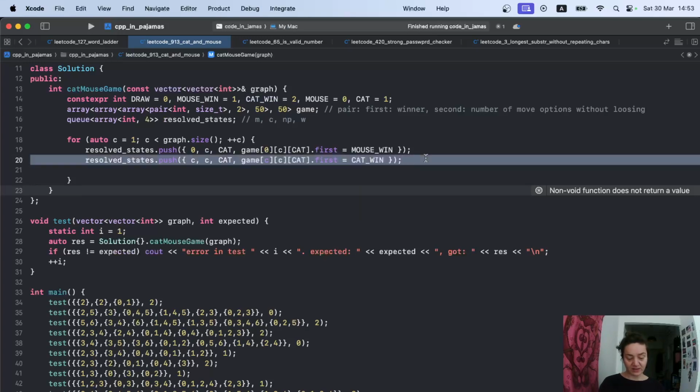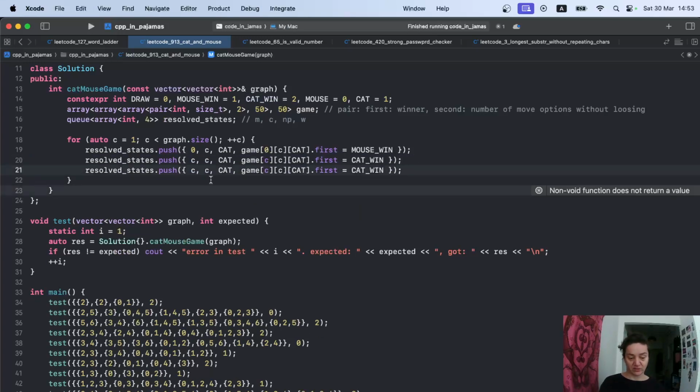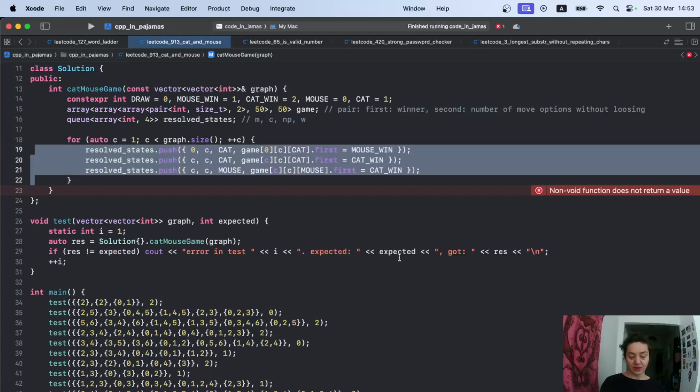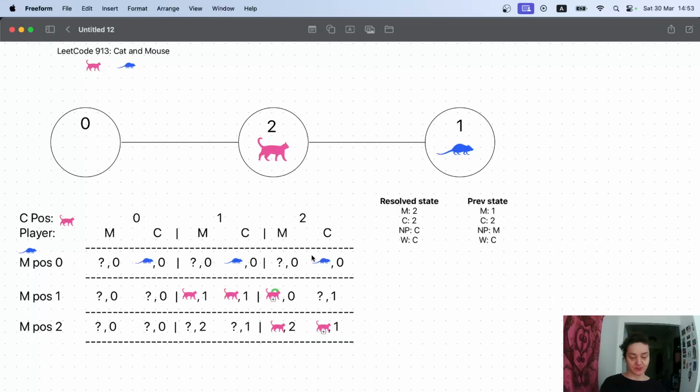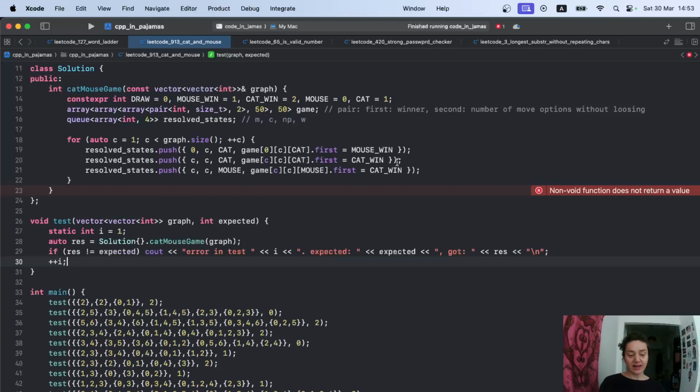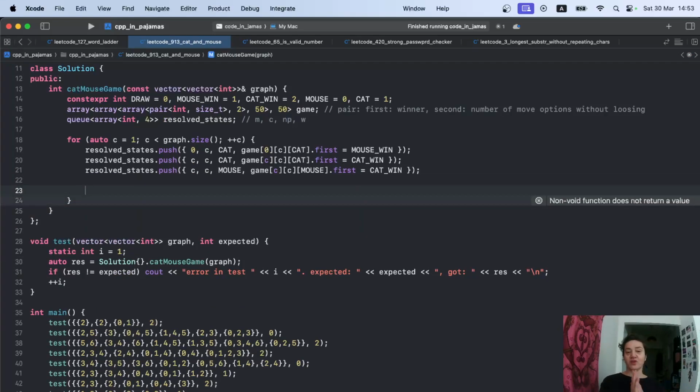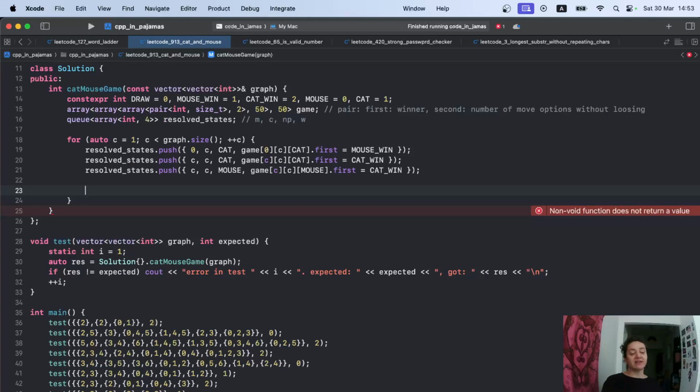And I'm gonna copy this, same thing, but mouse turn. So it's both in the matrix set as a resolved state and in the queue of the resolved states to deduce from. These 3 lines conclude the drawing of the small pictures. The small pictures of the already known winners. Okay, now let us initialize the move options counter, and now I already need the mouse location as well,